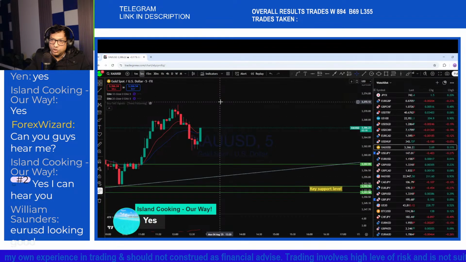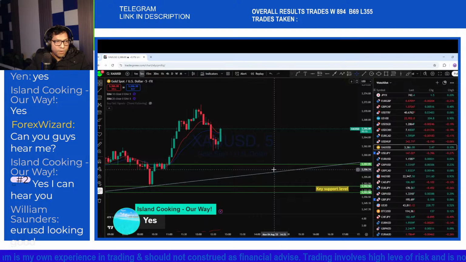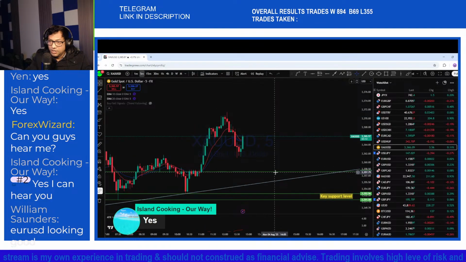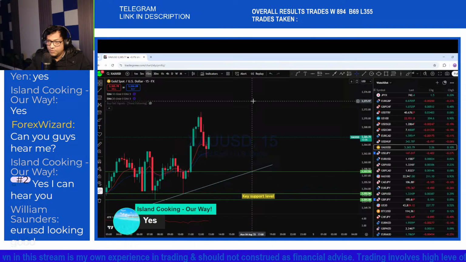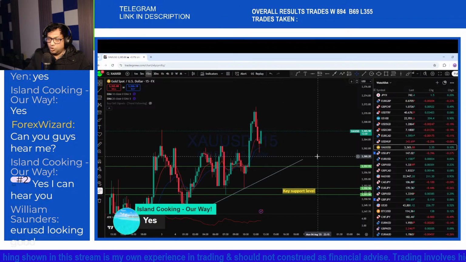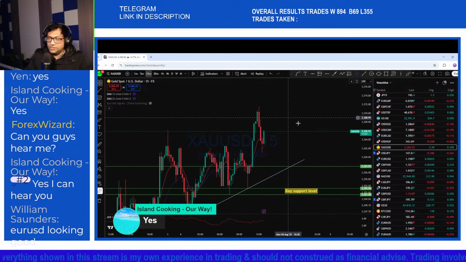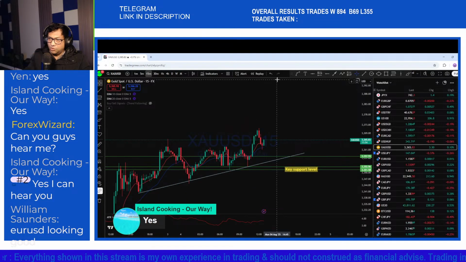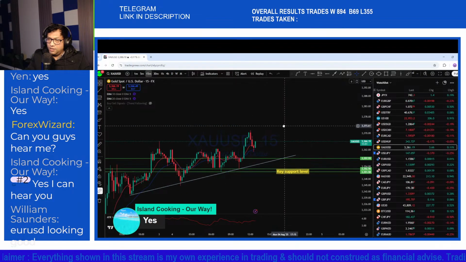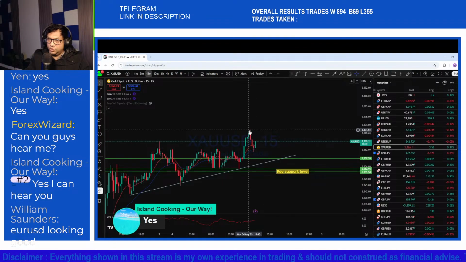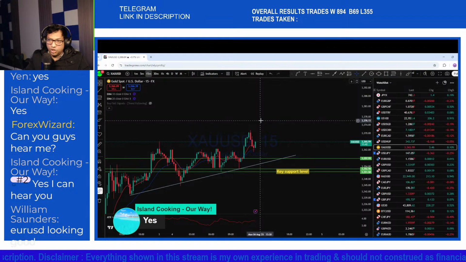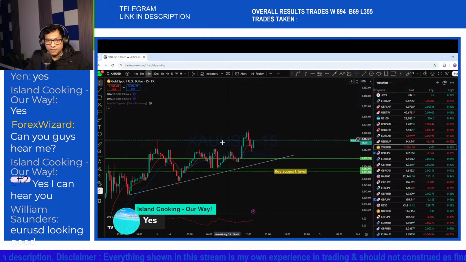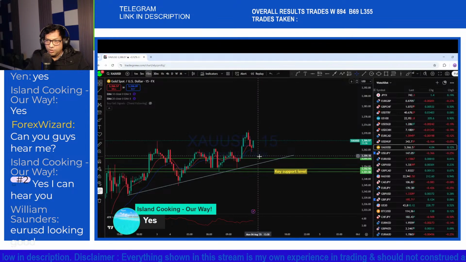So our aim here is to enter in a very high probability zone, in a very important area of value. That's what we are looking at for this entry in this market. Key support level here, which is an important zone, and in this key support we see that there is a bounce followed by this pullback, and trying to move back again to the direction of the trend until we find that entry.